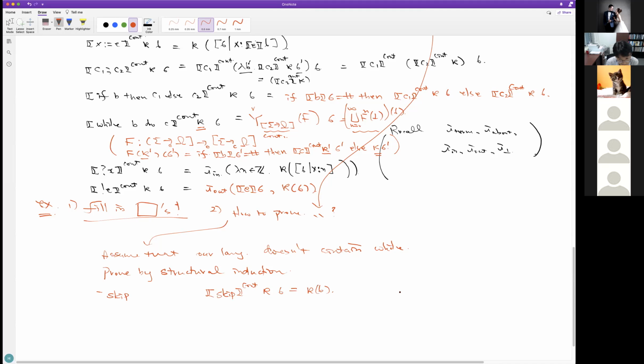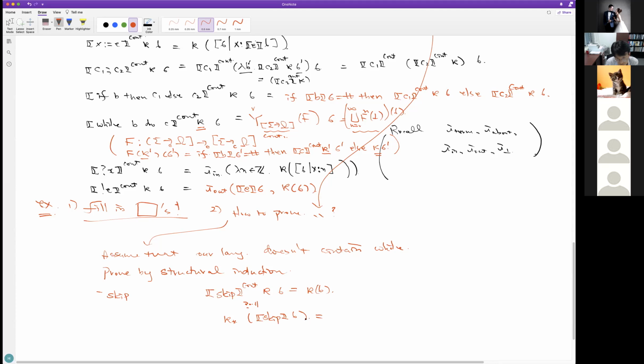Now we have to show this is the same as the lifted kappa applied to the normal semantics of skip of sigma. Is it going to be the same? That's what we have to check.